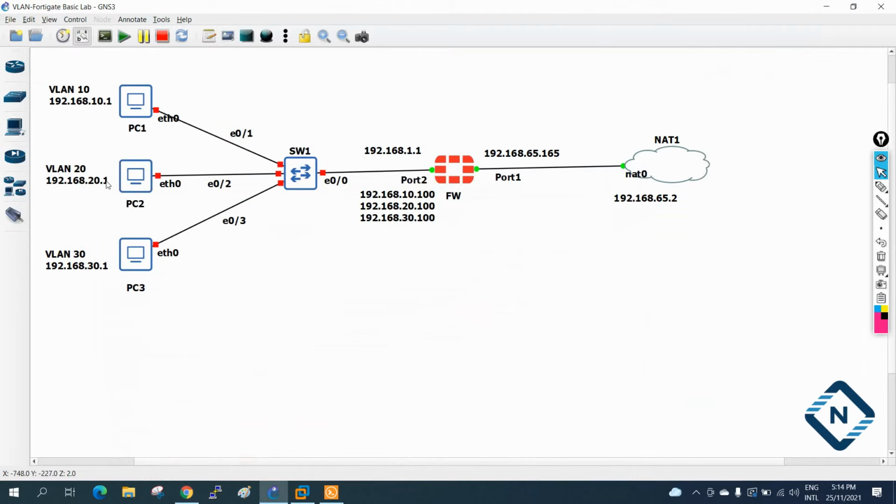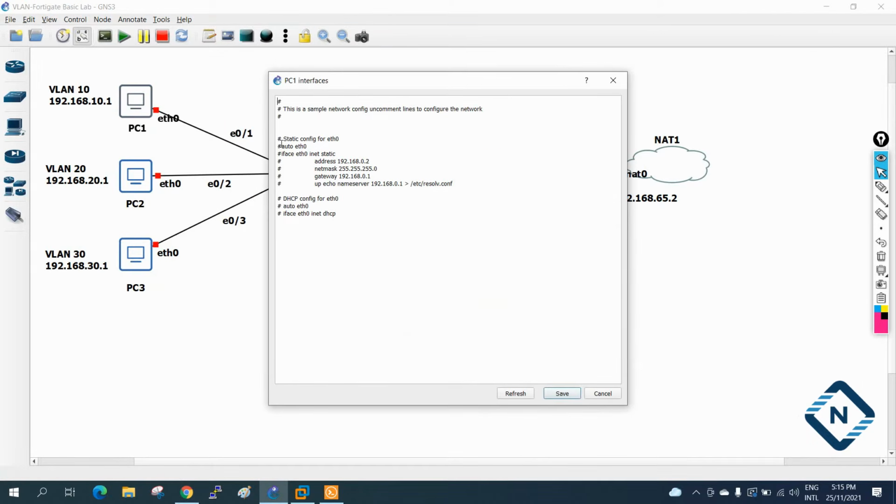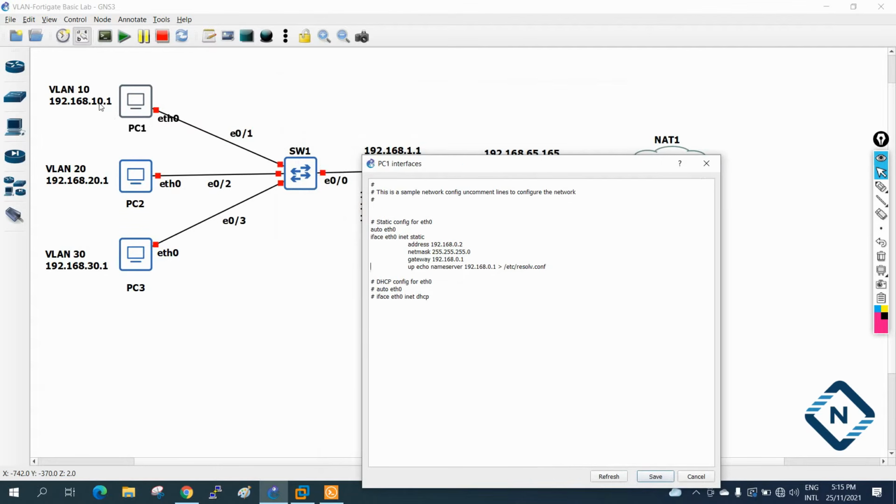Now let's assign the IP to this VLAN PC also. How will we assign it? Right click, go to edit configuration, and here we need to remove this auto ether, and also remove the ladder symbol here, here, here, and here. For this machine, VLAN 10, we give 10.2 here, 10.1 as the gateway, and 10.100 because for the firewall we assign 100.